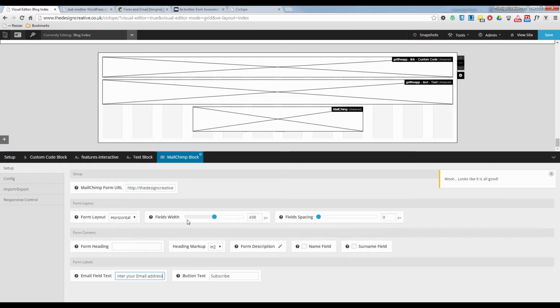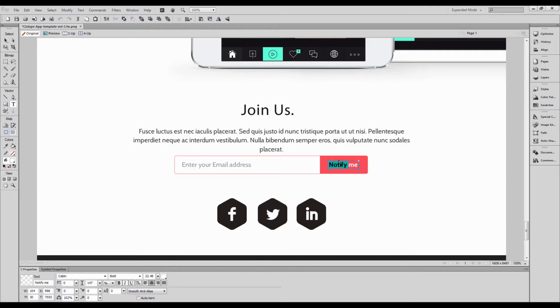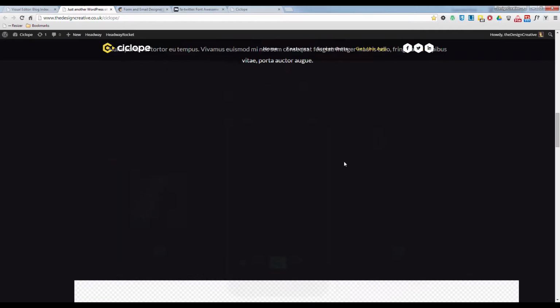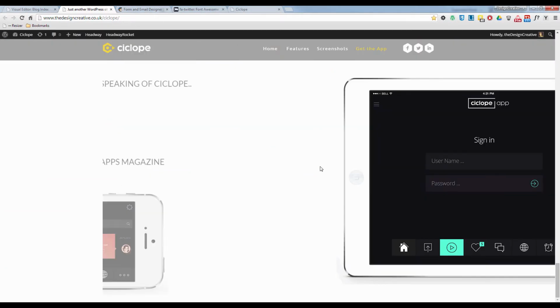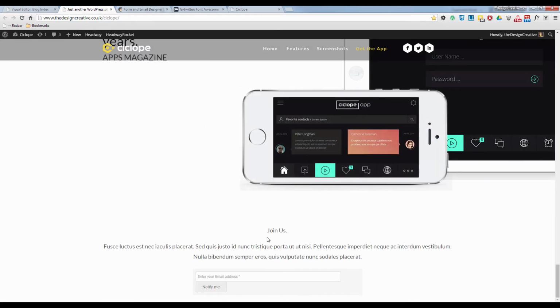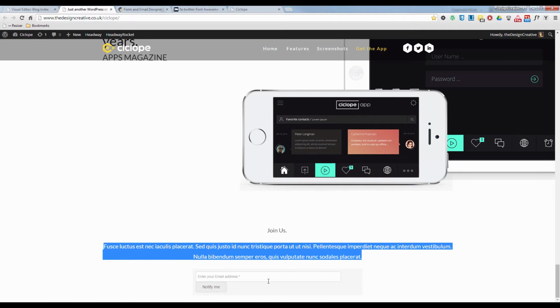Again, we can just paste that in there. And instead of subscribe, we want it to say notify me. We can paste that in there and press save. Now, if we scroll down and just refresh the page, we should have the join us, the text, and our